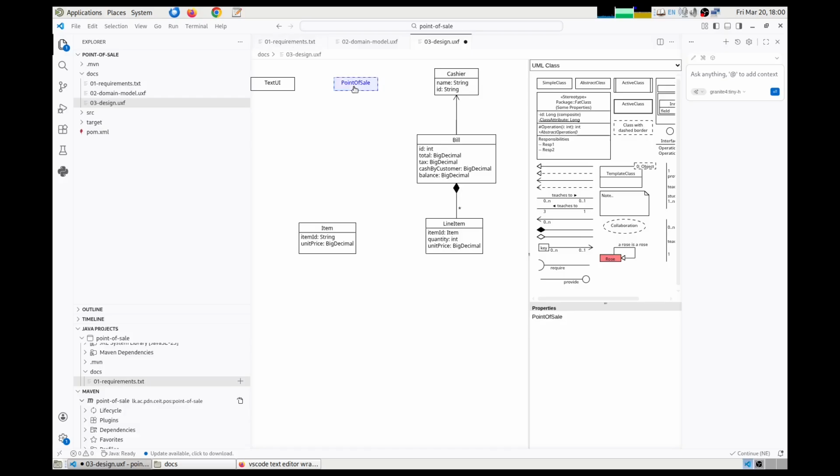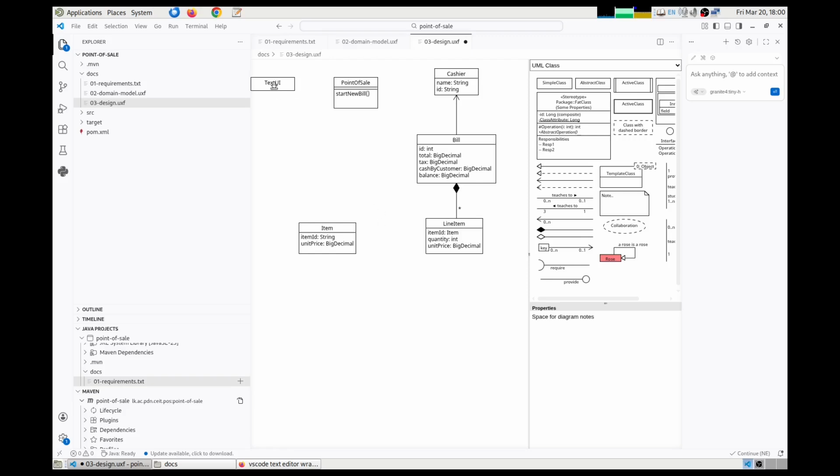So point of sale system needs to have a behavior called start new bill. So here is a certain behavior that the point of sale system has, point of sale class has,